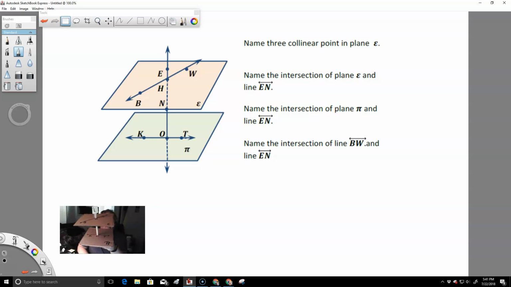Pi is on the bottom, the plane pi, and then plane E is above it. I've tilted it kind of so you can see what is going on here. So E is kind of floating above the plane. Okay, again, the dotted. See if you notice,